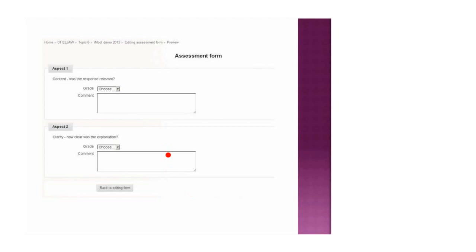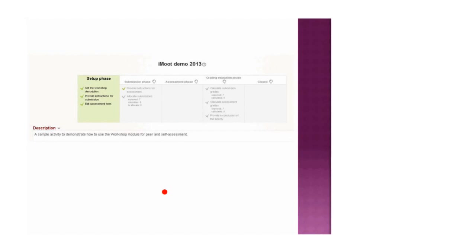Okay, that completes the setup phase. Once we've got the 3 ticks in, we then move into the submission phase. So you click on the little light bulb, and what this does,